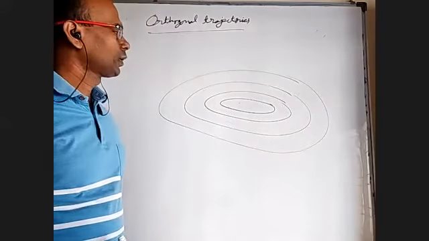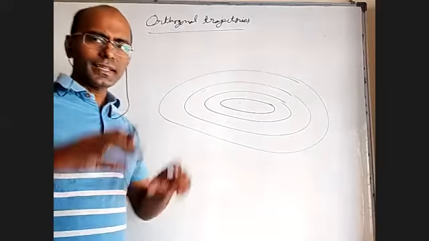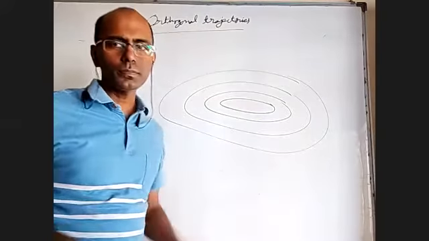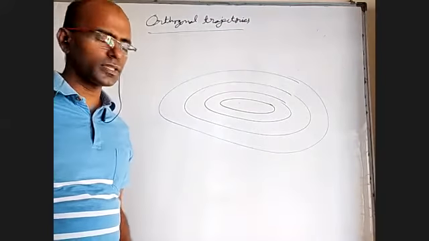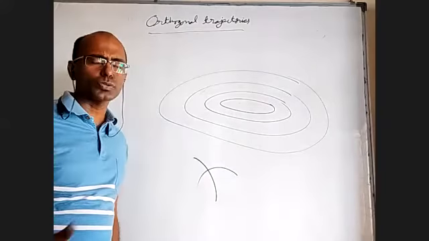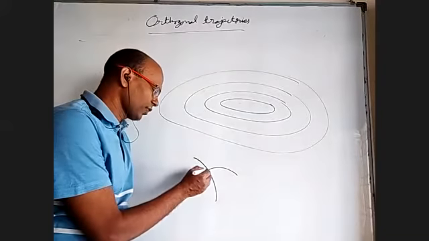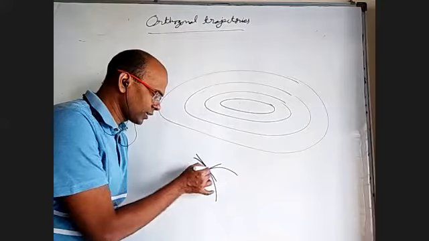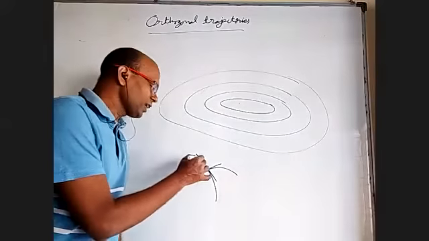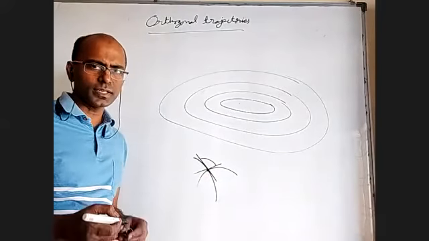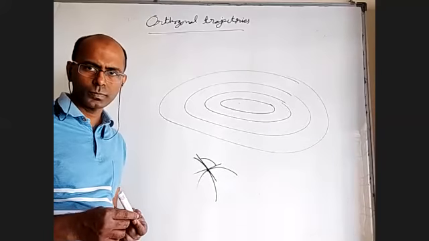Okay. Now, there can be a curve which cuts all of them orthogonally. Orthogonally means, when will you say two curves are intersecting each other orthogonally? First of all, what is the angle between two curves, from first year? First of all, you have to find the point of intersection. At that point, draw a tangent to the first curve and draw a tangent to the second curve. The angle between the two tangents is the same as the angle between the curves. Am I right? Is this the definition of the angle between two curves?